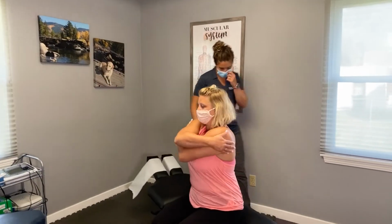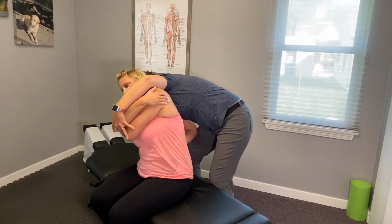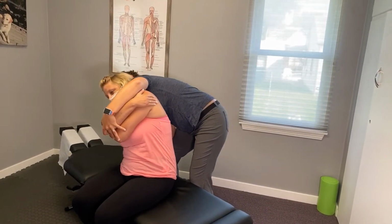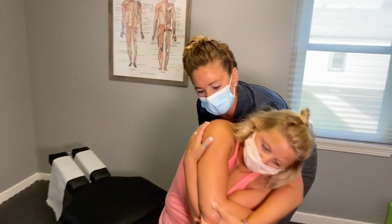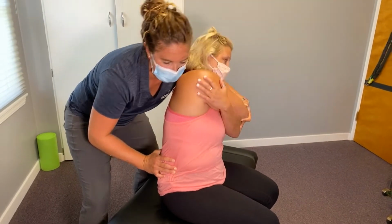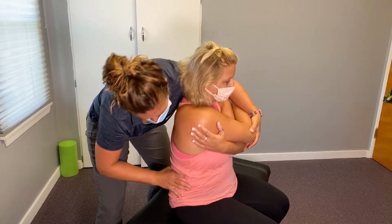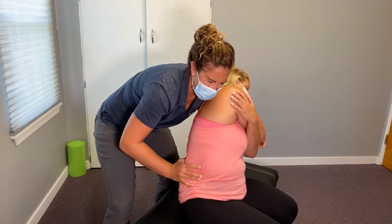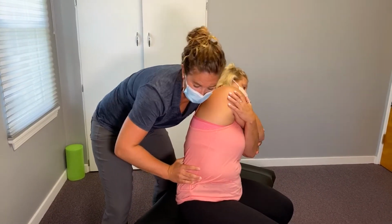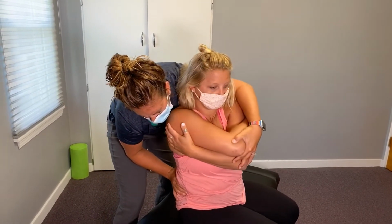Give yourself a hug. All right. And tip to your right and tip to the left. What we're doing here is treating a really strong low back muscle called the quadratus lumborum, and it is a big player in stabilizing the hips and the low back. Anytime you move or pick anything up, we want to make sure that we get rid of any tightness, scar tissue or adhesions that affect how it protects the back. All right, turn to your left and turn to the right. And left